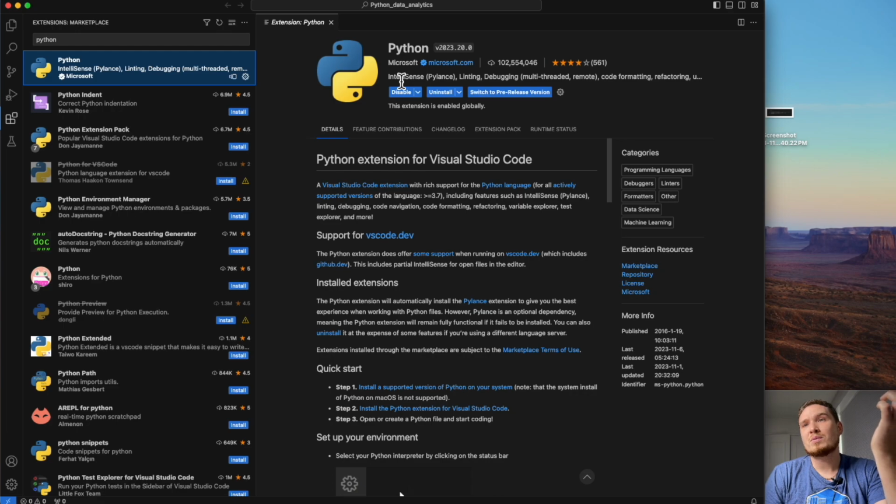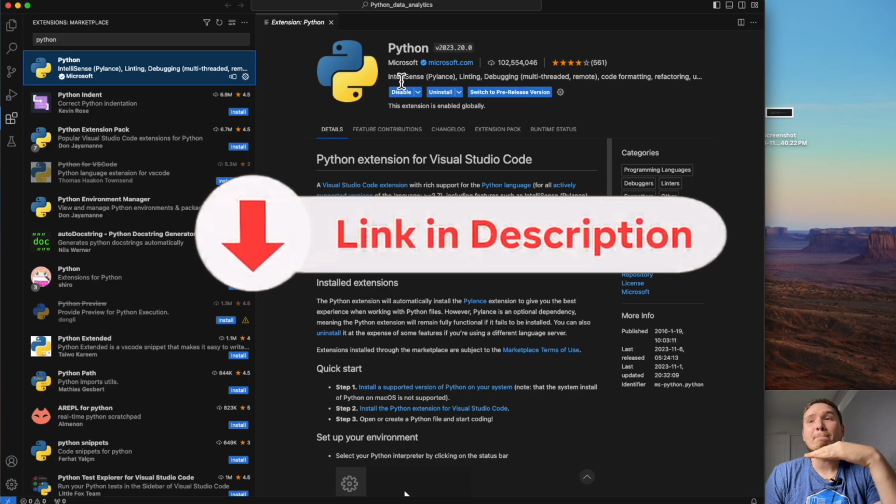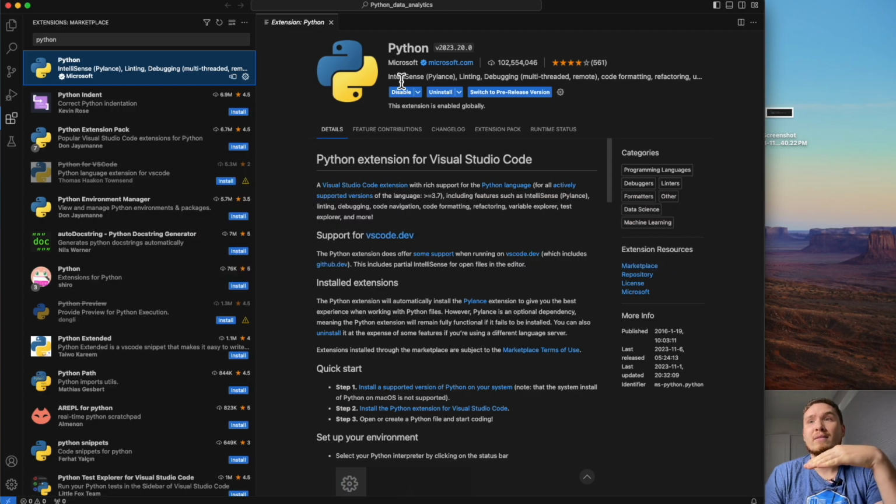If you don't know how to use Python, but you have knowledge in different languages, you're okay to continue with Python, because you will be surprised how simple Python syntax is. If you don't have any development experience in any programming language, below I will keep the links for you with amazing tutorials for Python at the beginner level. I promise you, for the beginner level, you will be able to learn the basics in less than a month. You will make it. So I will leave all the links below.